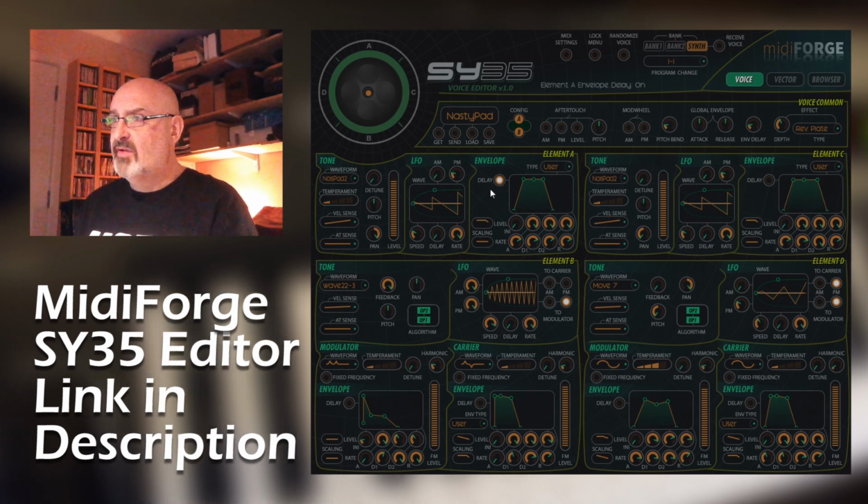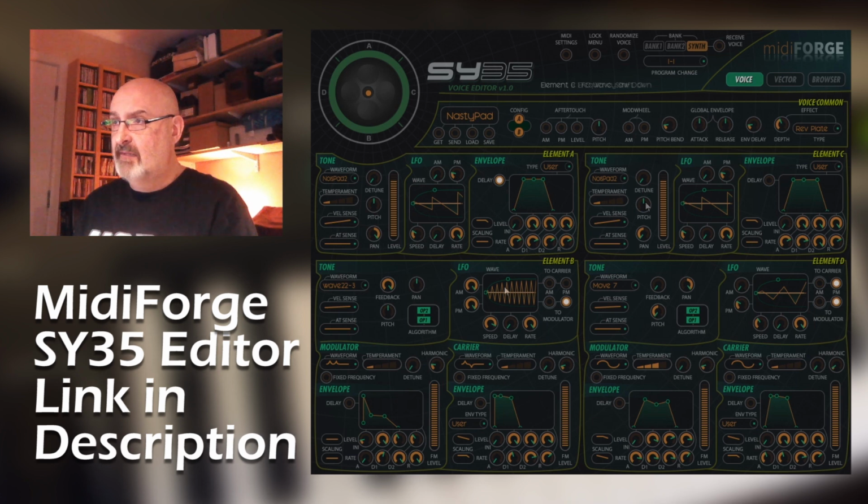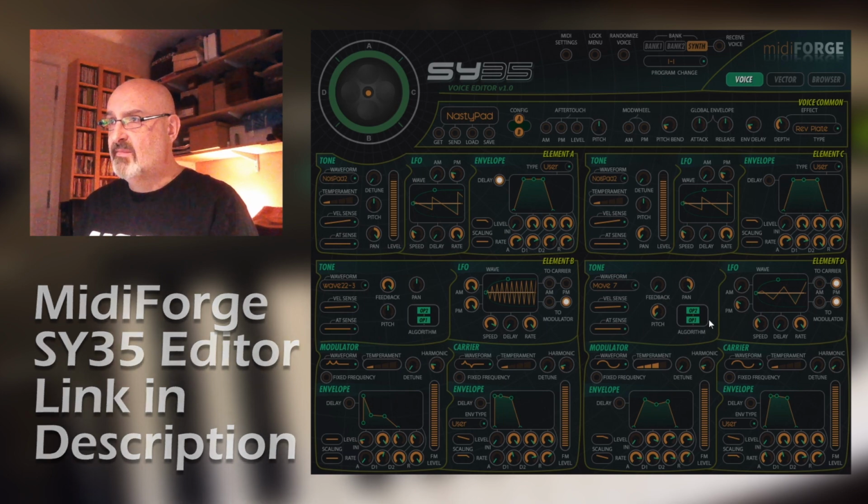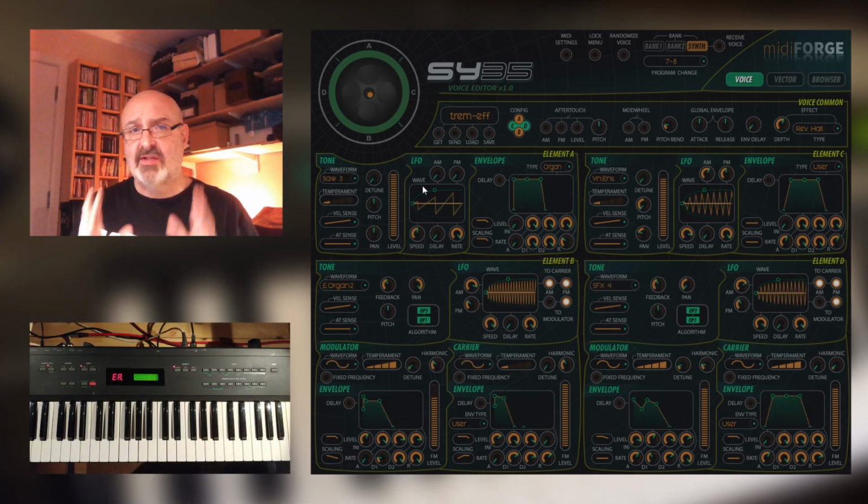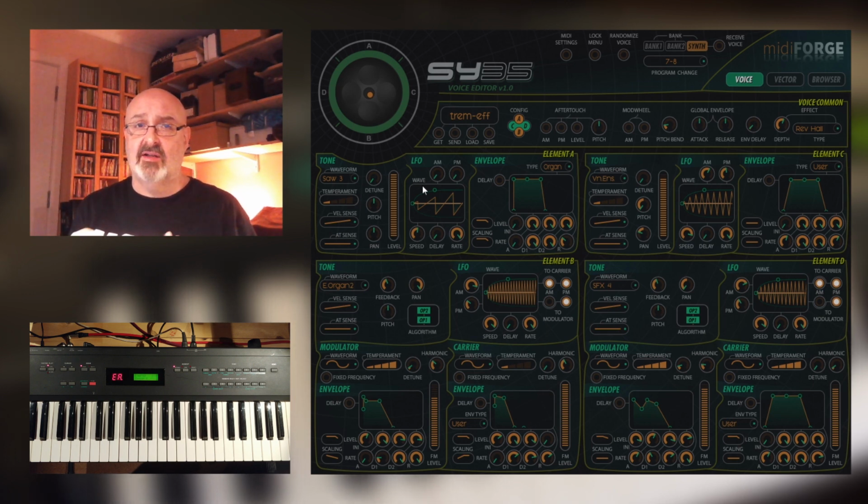So you can see on the programmer there are the 4 elements. The 2 at the top are the AWM and the 2 below are the FM. You can see there's a lot more features with the FM, which I guess is kind of what you would expect. I've got to say actually that the way in which this editor is set up, it's very nicely thought out. There's lots of little shortcuts that make things